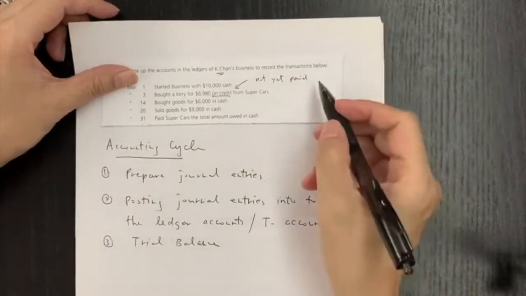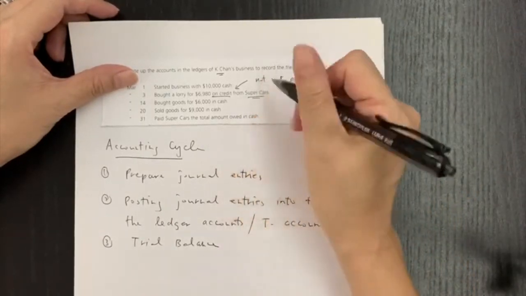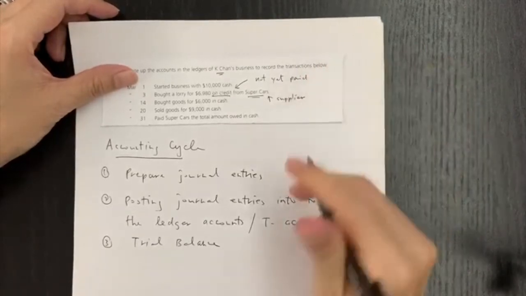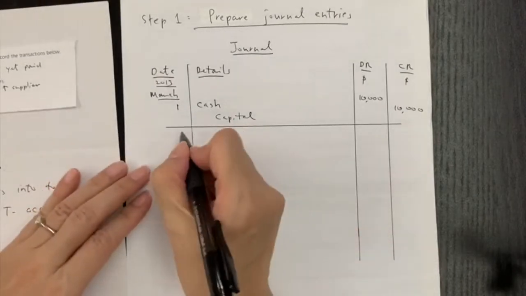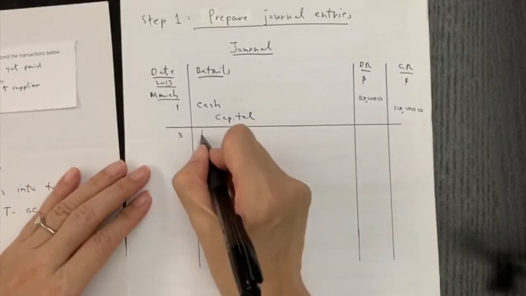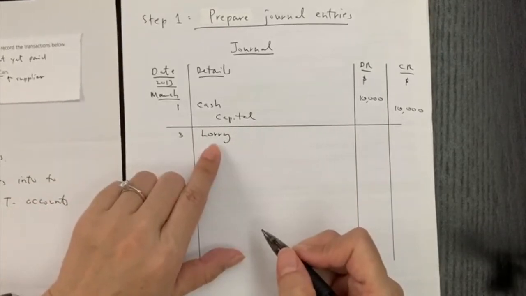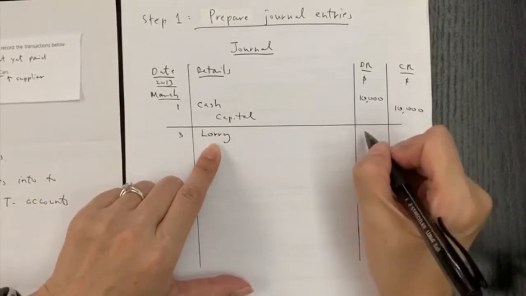But we're going to pay later. And who is this? Supercars, which is the supplier. Okay, so we bought a lorry and the date is the 3rd, therefore we have more lorry in the business. Lorry is a kind of asset to the business, so I debit lorry